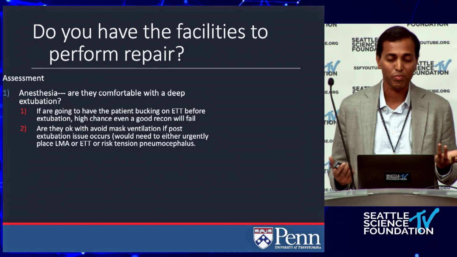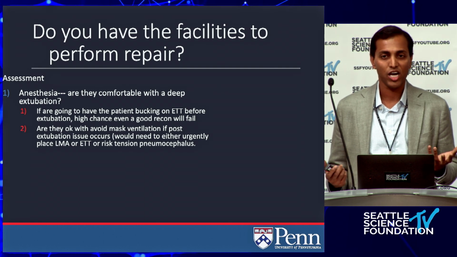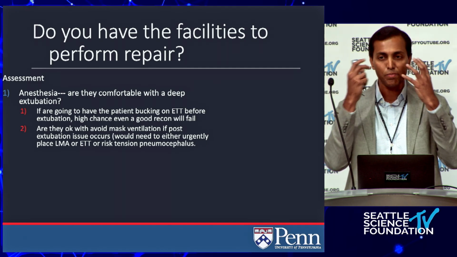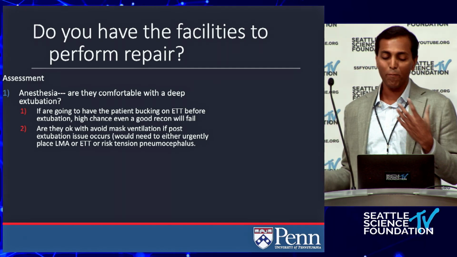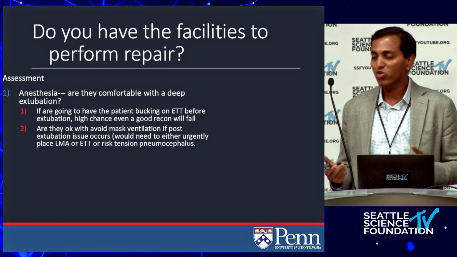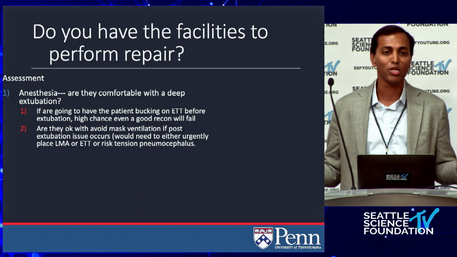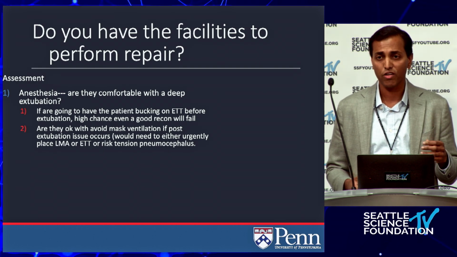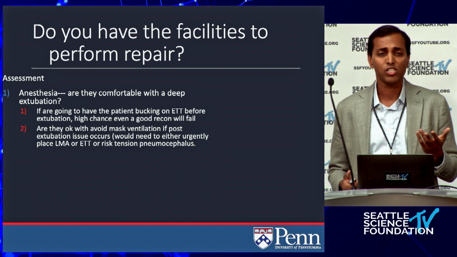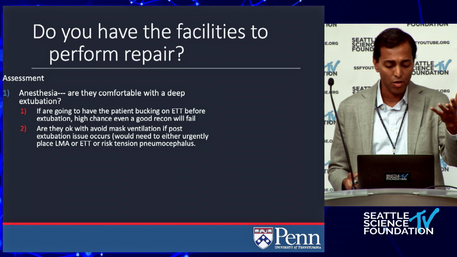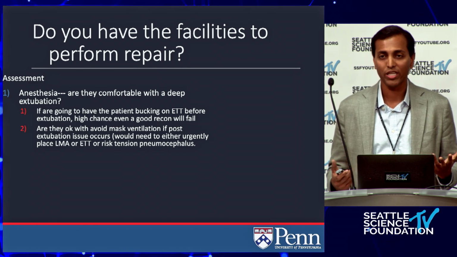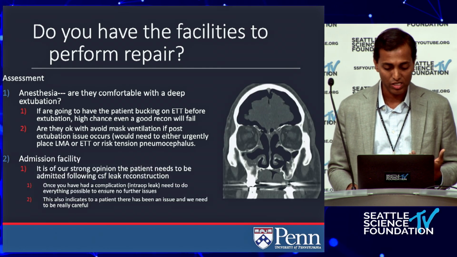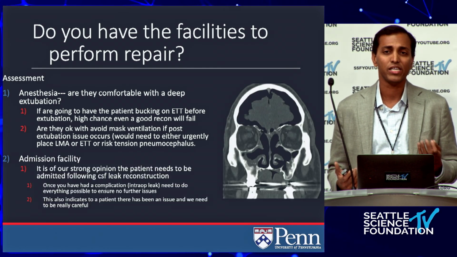So everybody's been in areas where you have an anesthesiologist, and you're like, oh boy, when we wake up this patient, we're gonna see the eyes popping out of the head. We're gonna see them bucking 10 times. You can do a beautiful reconstruction, but if they just blow that out right away, you're in trouble. Is there an anesthesiologist you can work with either for deep extubation, or I've seen some people switch the tube out for an LMA and essentially go slow with that, because otherwise you're setting yourself up for something like a tension pneumocephalus, which is no good, and you're literally taking a stable situation